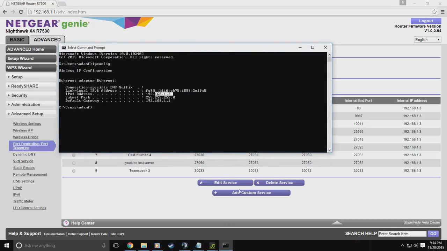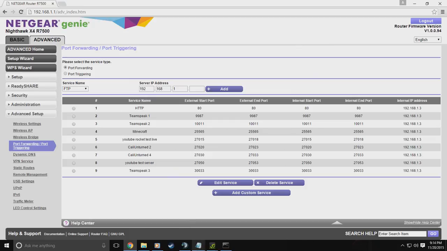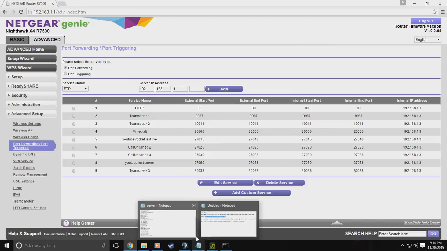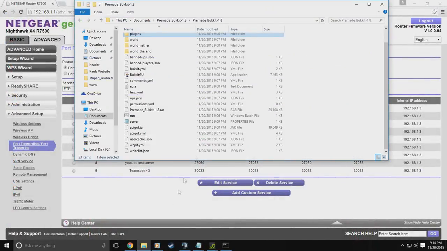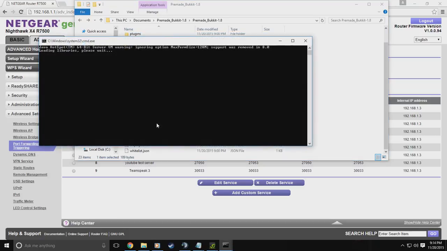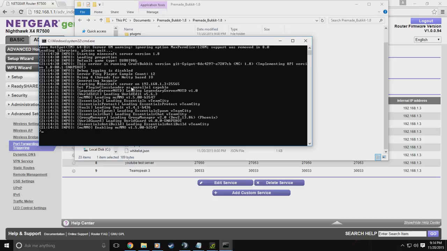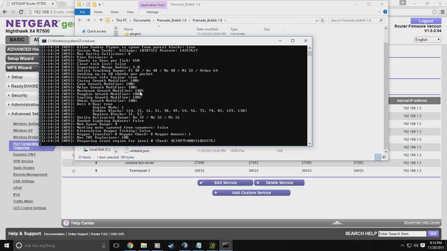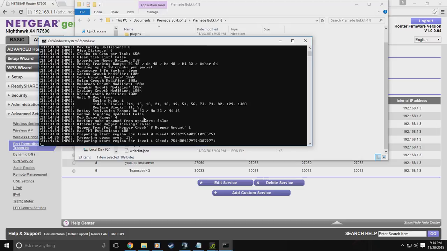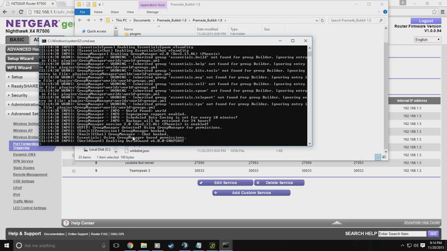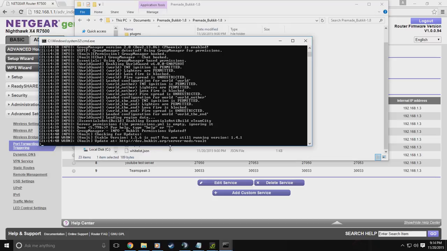Now I'm going to go ahead and test if my server is port forwarded. To do that, you want to go ahead and start up your server. Loading libraries, starting a server. We'll run through all of this good stuff. Preparing your region, give you all this good stuff. And when you see update at dev bucket,